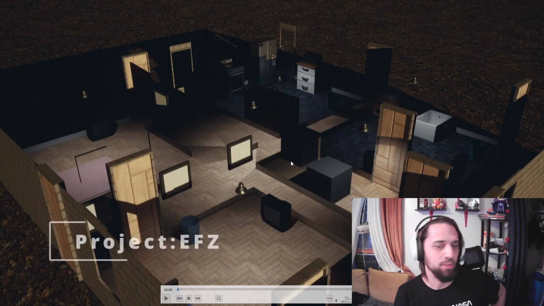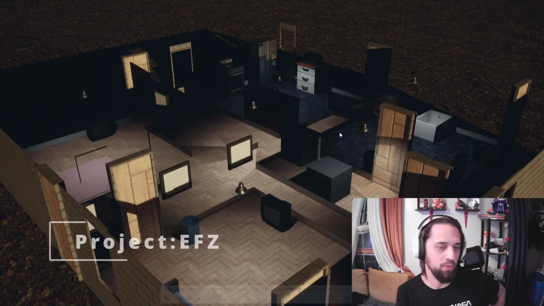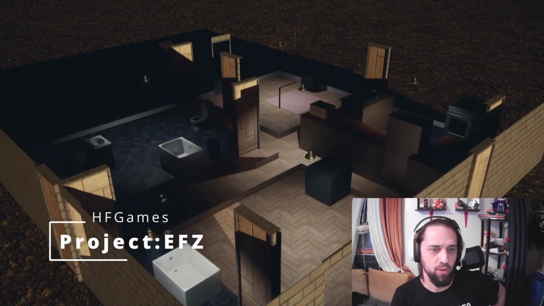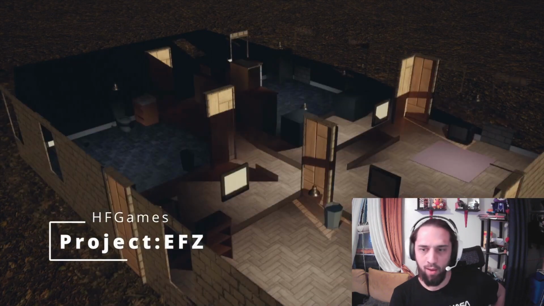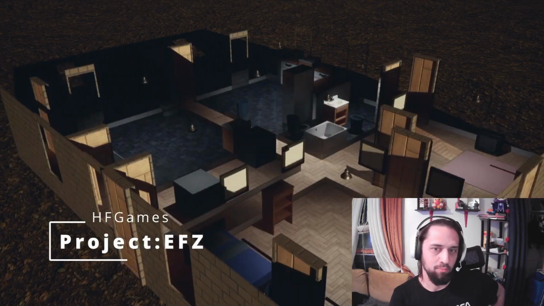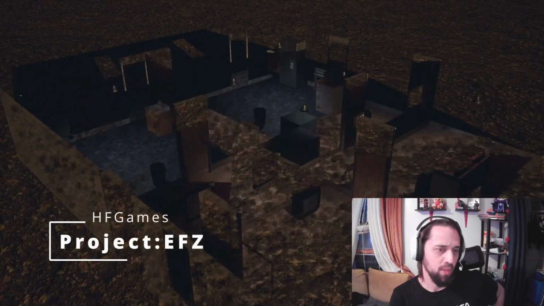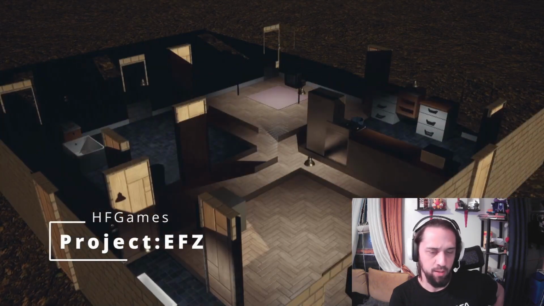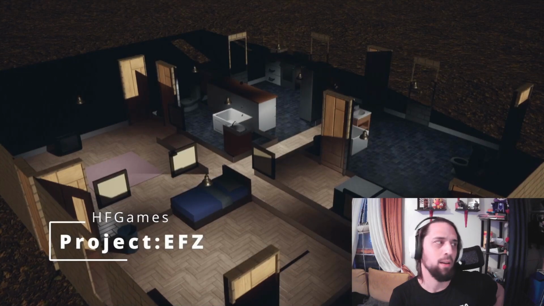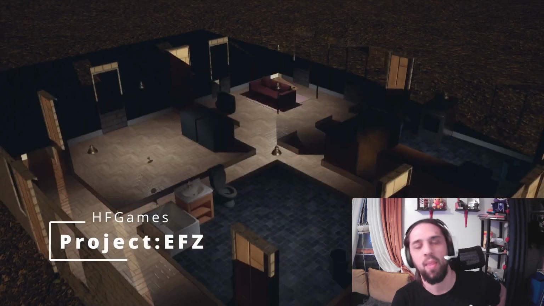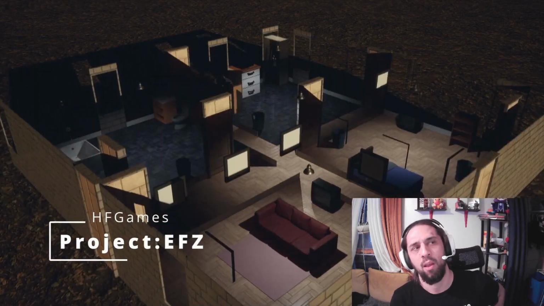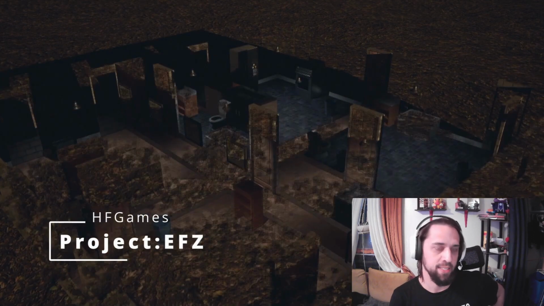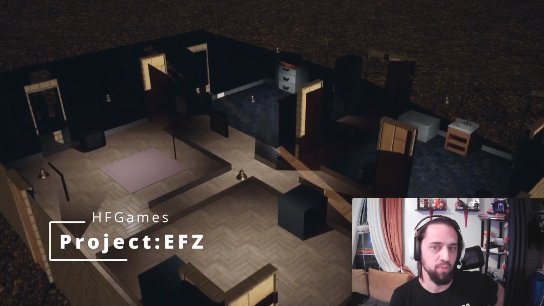Okay, today we're going to go through what we see in this video, which is house generation in Unreal 5 with Dungeon Architect. I've taken the plugin from the marketplace called Dungeon Architect, and there's a floor plan generator in there. I've heavily modified it for this though, so we're going to go through some of the changes that I've done